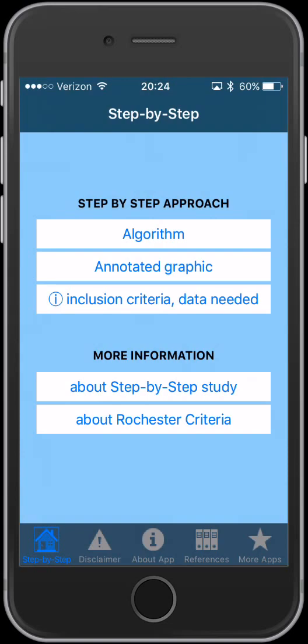But otherwise, this is a fantastic app for those of us with iPhones who take care of potential febrile infants who may have this invasive bacterial infection that we need to rule out. This is a great new evidence-based